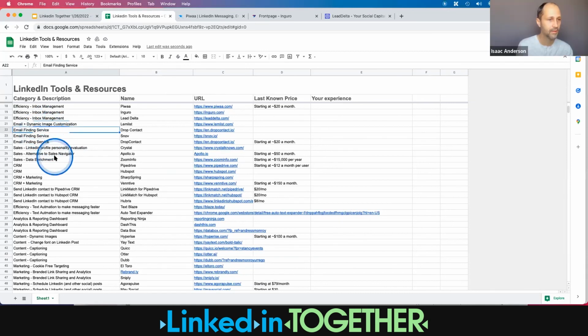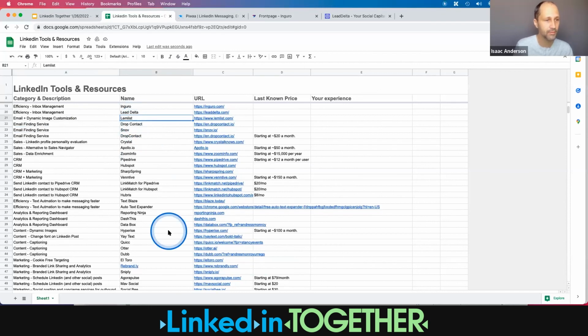Yep. Okay. Let's move on to email. We have used a number of tools here. Obviously, email is kind of a big subject. So we've got email marketing at the bottom, which we'll get to in a little bit, hopefully, if we have time. We're half past the hour. Let's talk about, before we get into email finding services, Lemlist, just because it's kind of a one-off. Lemlist is a little bit different. It's kind of like email marketing. They do some crossover with automation on LinkedIn, but in my experience, the big win with Lemlist is